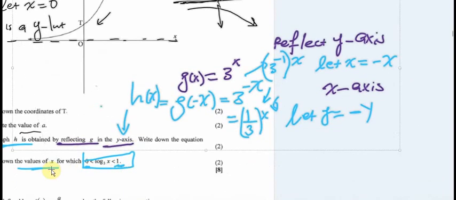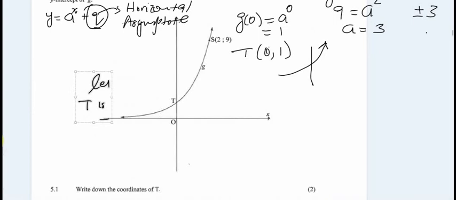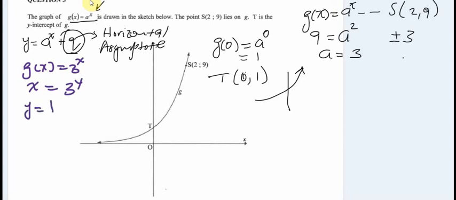The inverse is just an interchanging of x and y. We know that g of x is equal to 3 exponent x, and then your x will be equal to 3 exponent y when you interchange x and y. So this one will be y equal to log